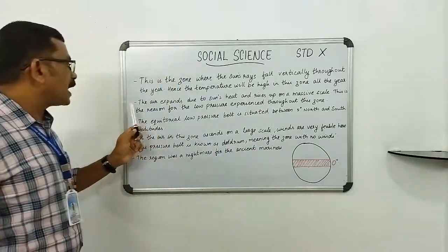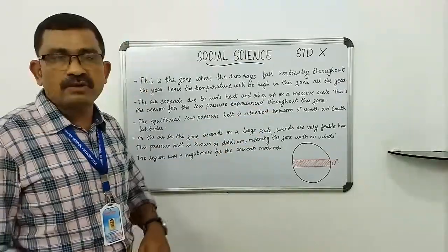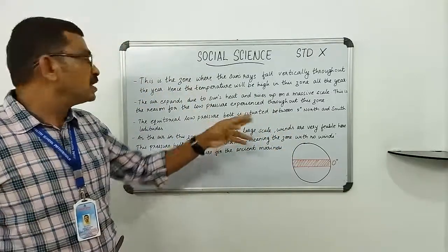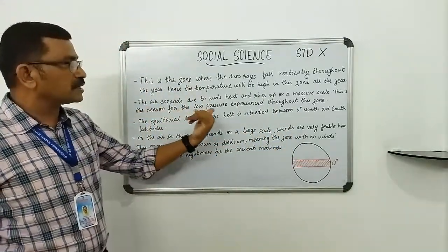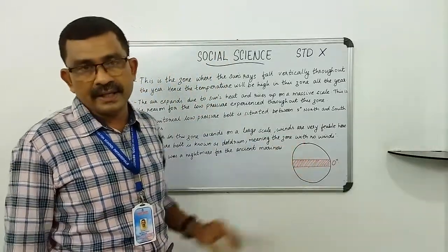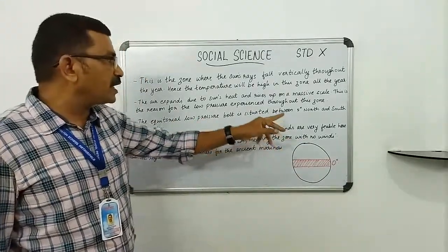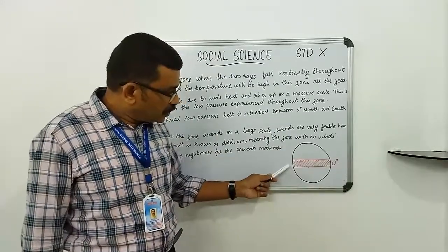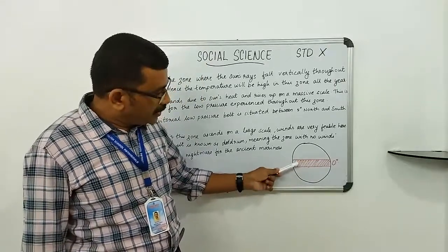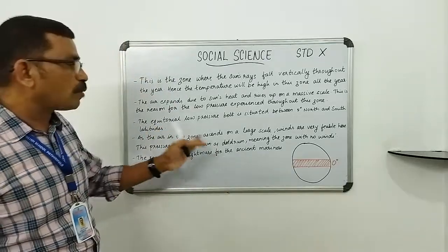So listen, the air expands due to the sun's heat and rises up on a massive scale. This is the reason for the low pressure experienced throughout the year. So here we can feel the low pressure in the equator area. So listen, the equatorial low pressure belt is situated between 5-degree north and 5-degree south. From the equator, 0-degree latitude, 5-degree north and 5-degree south is the equatorial low pressure belt